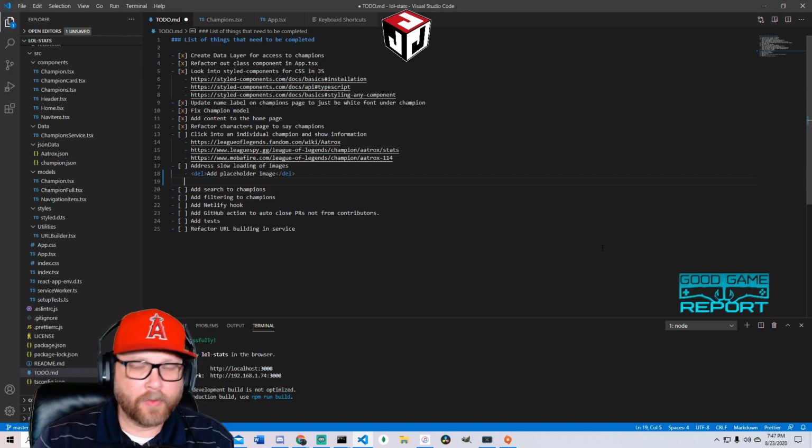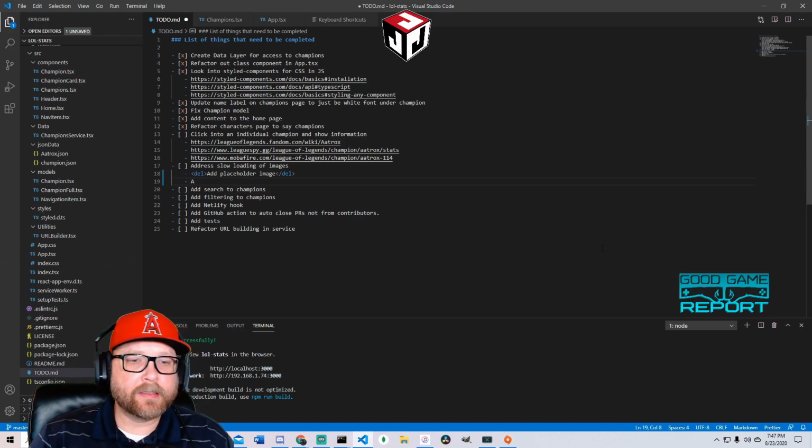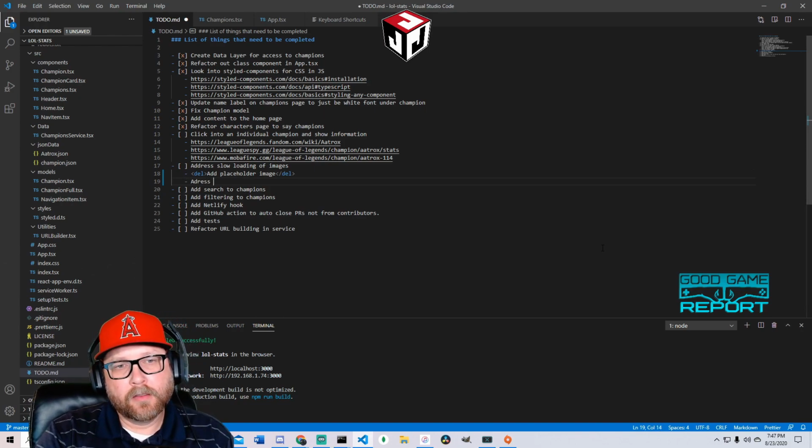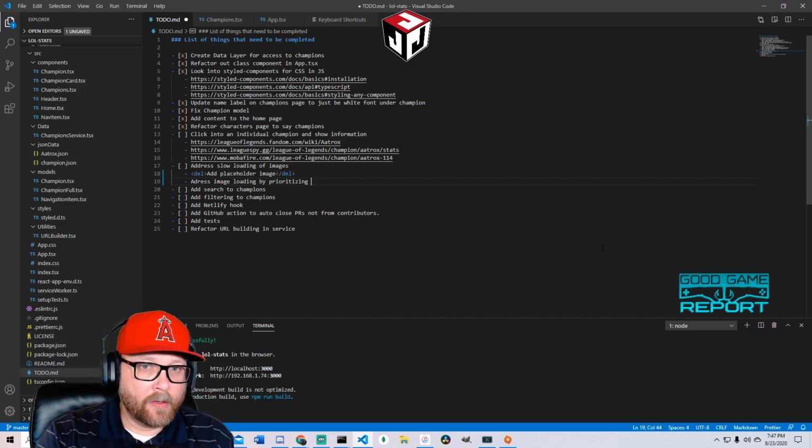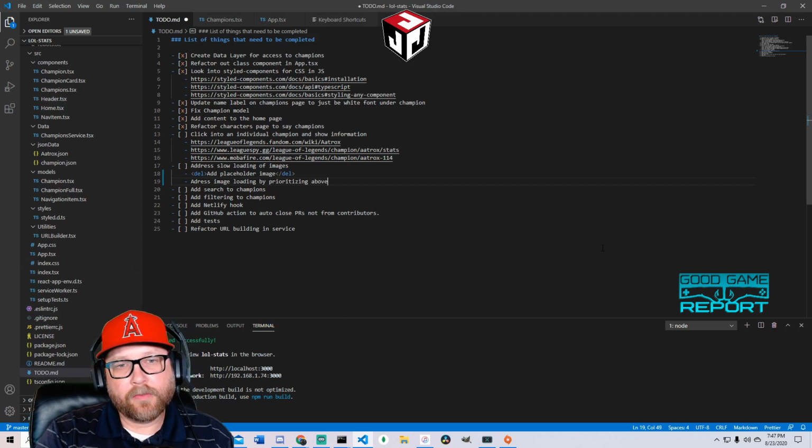Okay. Address image loading by prioritizing above the fold images.